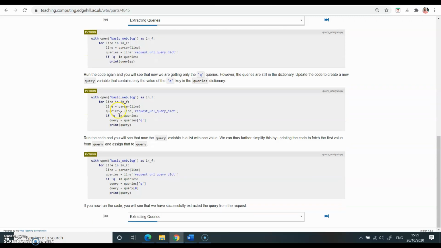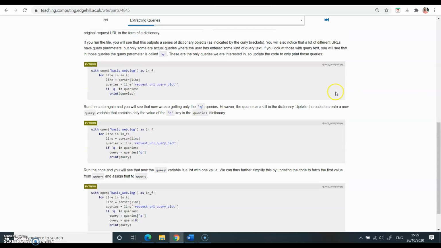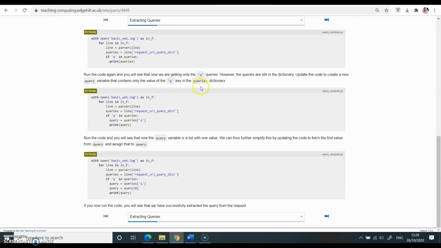So like this you can complete the remaining code. And keep in mind, all these codes will be in the same file. You need to just follow the instructions for removing any line or for adding any line, and when you run the program, you will be able to extract the queries according to the request. So once you finish this page, you will be in a position to successfully extract the queries.